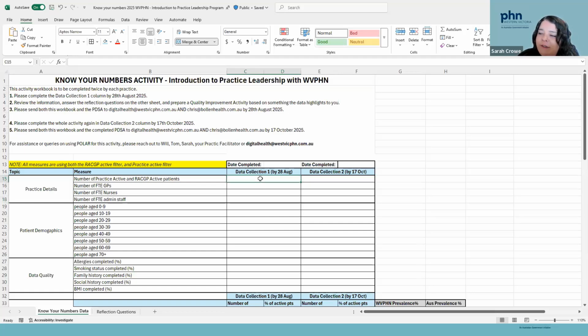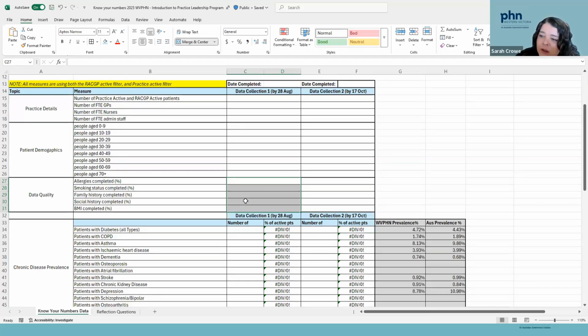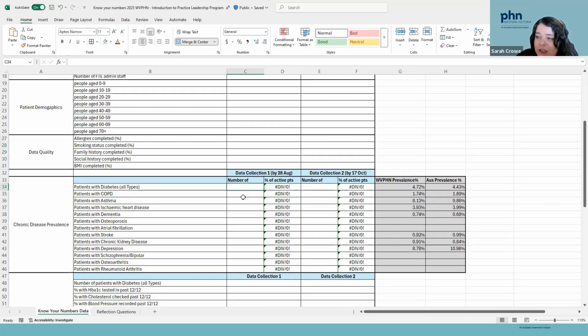But the rest of it you'll be able to find in Polar. We're going to look at how many active patients you have on your Best Practice, Medical Director or ZMed, what the age groups of your patients look like, how well you're recording some of those minimum data sets, most of which are part of accreditation anyway. You're going to be having a look at how many patients in your clinic have different specific chronic conditions so that you're aware of what the most common conditions are,